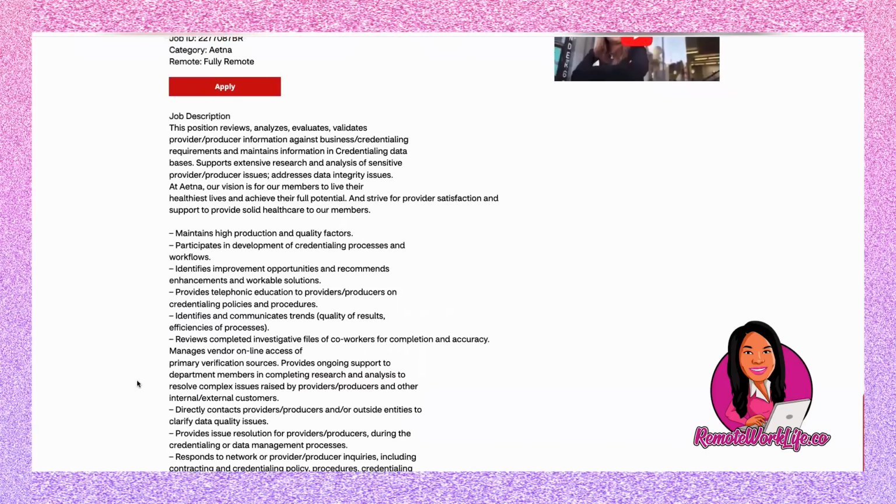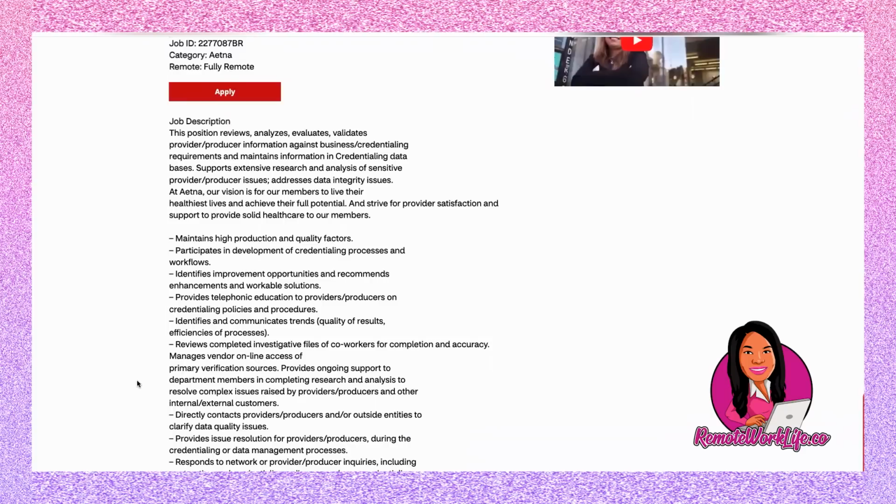So actually going through the lead, it says job description. This position reviews, analyzes, evaluates, validates prior/producer information against business/credentialing requirements and maintains information and credentialing databases, supports extensive research and analysis of sensitive provider/producer issues, addresses data integrity issues. At Aetna, our vision is for our members to live their healthiest lives and achieve their full potential, and strive for provider satisfaction and support to provide solid healthcare to our members, maintains high production and quality factors, participates in development of credentialing processes and workflows, identifies improvement opportunities, and recommends enhancements and workable solutions, provides telephonic education to providers/producers